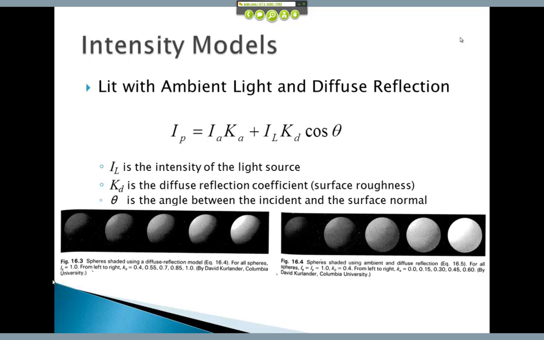And the cosine theta is the angle between the incident and the normal to the surface. Okay? So these little examples across the bottom, this one on the left basically is diffuse lighting where you have both the IA and the IL are set up to